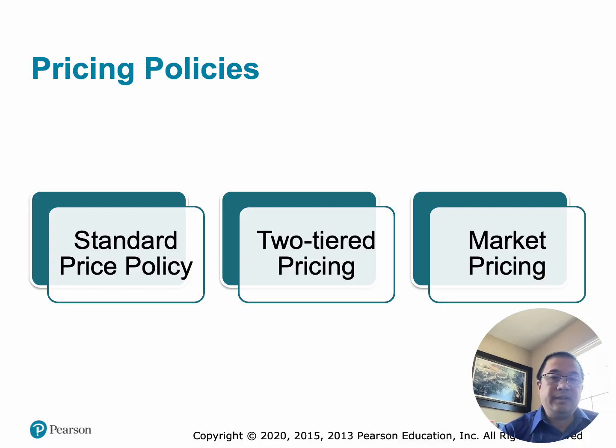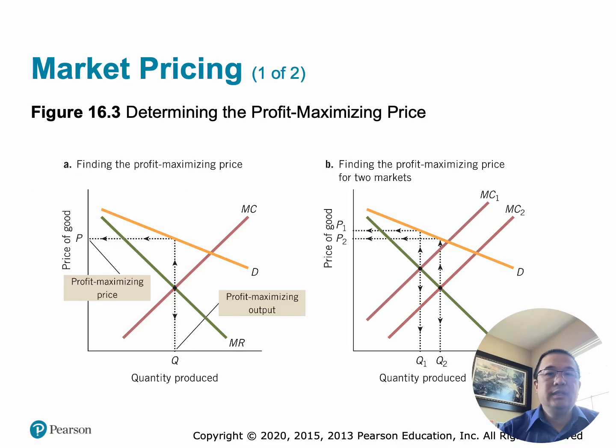Examples of this would be Netflix, Apple, and Microsoft, which often charge different prices across countries based on local market conditions and income levels. This explains how firms determine the best price to maximize profit, especially when selling in one market versus multiple international markets. The key terms for this slide are demand curve.